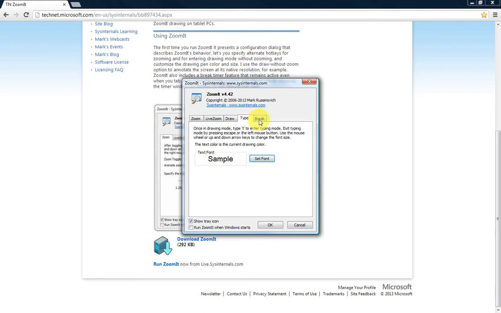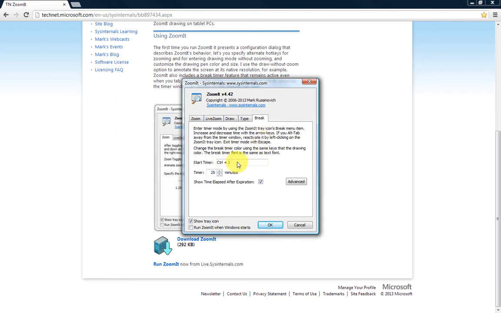And then you have break. Break is great for classroom settings, or if you're going to leave your computer for a little bit. It basically brings up a white screen with a countdown timer on it. Okay, and you can change the timer here, or when you press the Control 3 to activate it, you can use your up and down arrow keys as well. So once you get all your settings done,